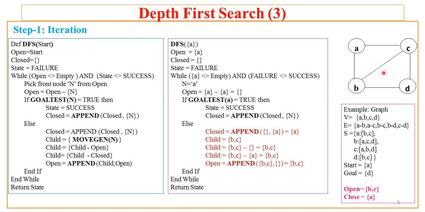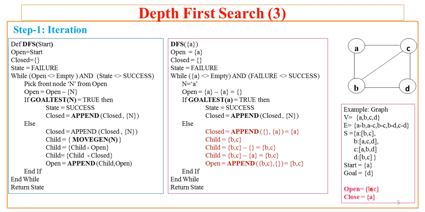So what will we do next time, that is in the next iteration? We'll take this new B and C and we'll try to explore these two nodes from the open list. So it will loop back again in the next iteration. That means at this point of time, when the first iteration is over, we have this status, that in pink color I have represented this: open will be having B and C and closed will be having A. So whatever nodes we have visited up till now will be placed in closed, and whatever next nodes we have to explore will be placed in open.